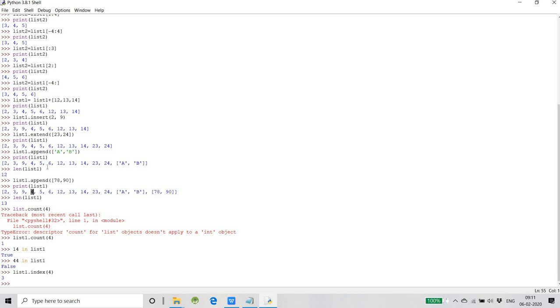Okay, how can we delete items from a list? There may be occasions where you need to delete items from the list. There is one method, del. You just need to write del, then the name of the list, and then you can provide the index. Suppose I want to remove 5. I need to give the index 0, 1, 2, 3, 4. So it's 4,